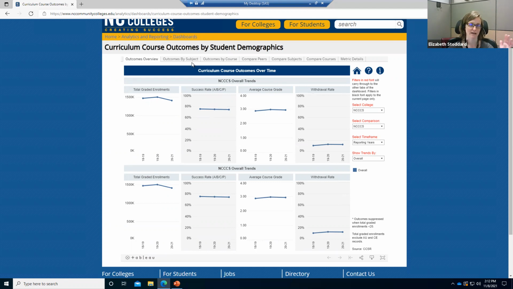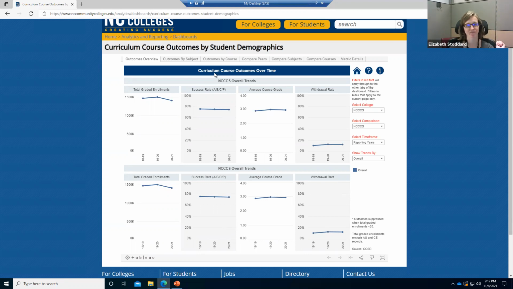And then we also go down to the subject level, and I'll show you what that looks like. And we go down to the course level, and I'll show you what that looks like when we get here. So just keep that in mind. Those are what we're going to be looking at. Sometimes we're looking at the college level, and then I'll show you what the subject level and what the course